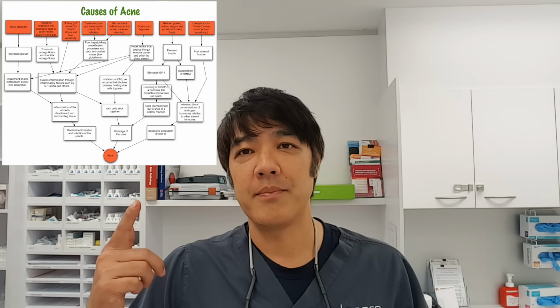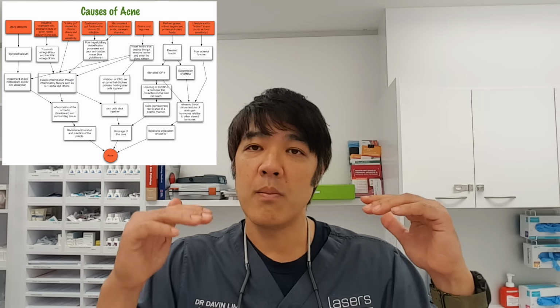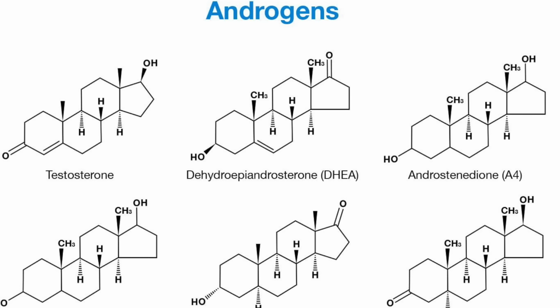Now, why do you get hormonal acne? Well, like I said, it's partly due to everything else. You can't pinpoint it on one factor. So it's generally due to a fluctuation in the hormone cycle. So as we grow older, as females grow older, and even males, there's a different flux in regards to testosterone and estrogen. So we start off here with testosterone and estrogen, and by testosterone, I mean androgen. So that includes something like free testosterone,